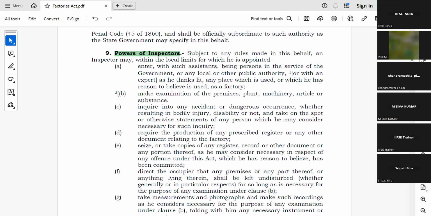So wherever the factories are, he can go and perform his duty, and the duties he will do: make inspections of the premises and plants along with the experts. So along with the experts in the sense,